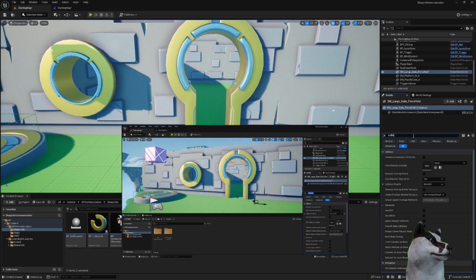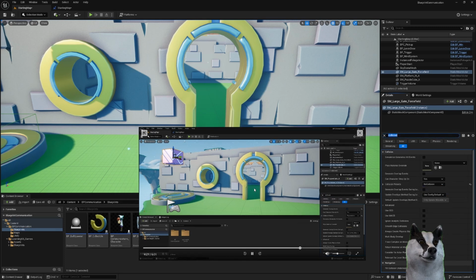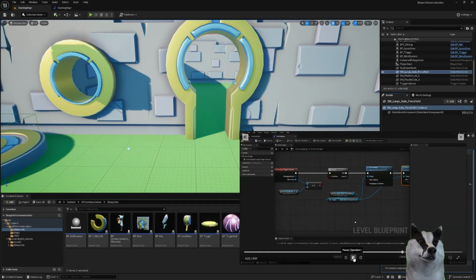Once we've got that done, it's going to start off with our door open, and we want it so that when the cube initially drops or starts our overlap, it now closes the door. Go back into our starting map. We have access to